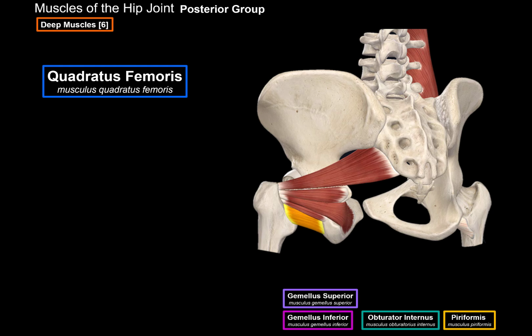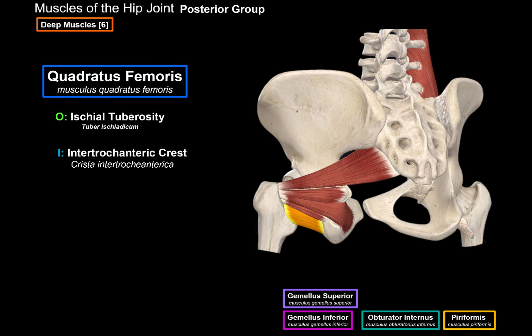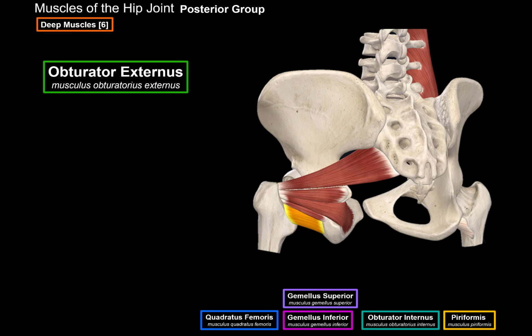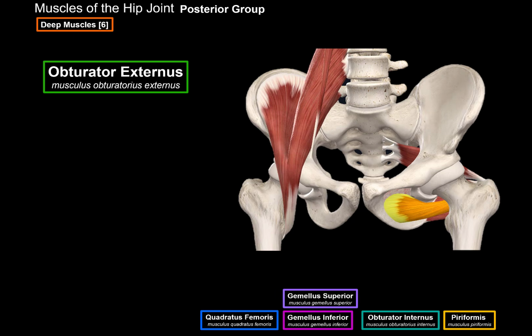It originates from the ischial tuberosity and inserts at the intertrochanteric crest, as you see here. And then when it contracts, it will externally rotate the thigh and adduct the thigh, pulling it medially. So that's this one. The 6th muscle is the Obturator Internus muscle, and I put this one last because some